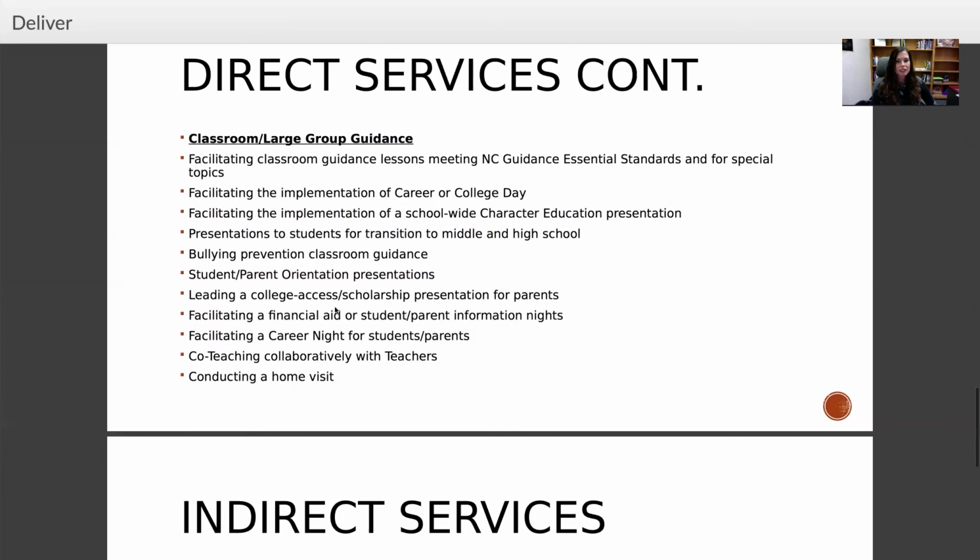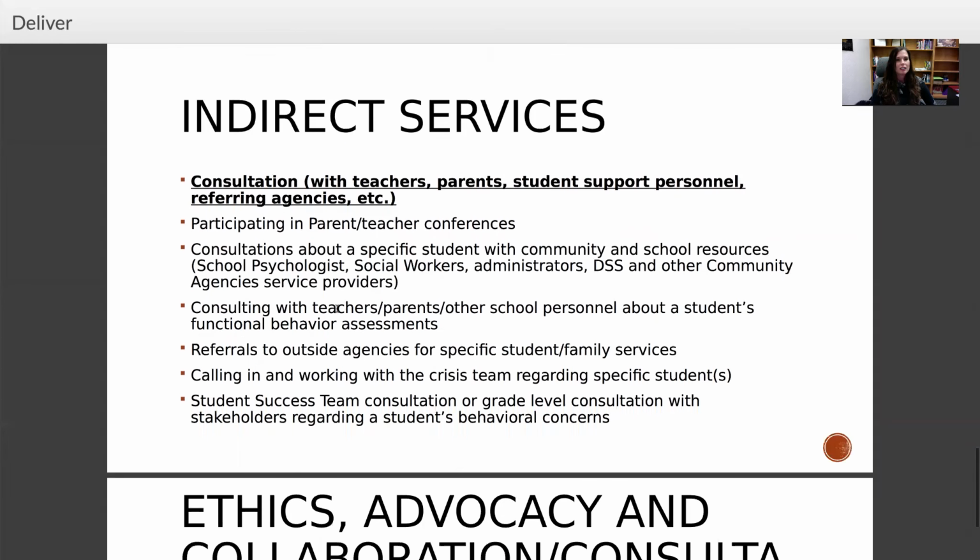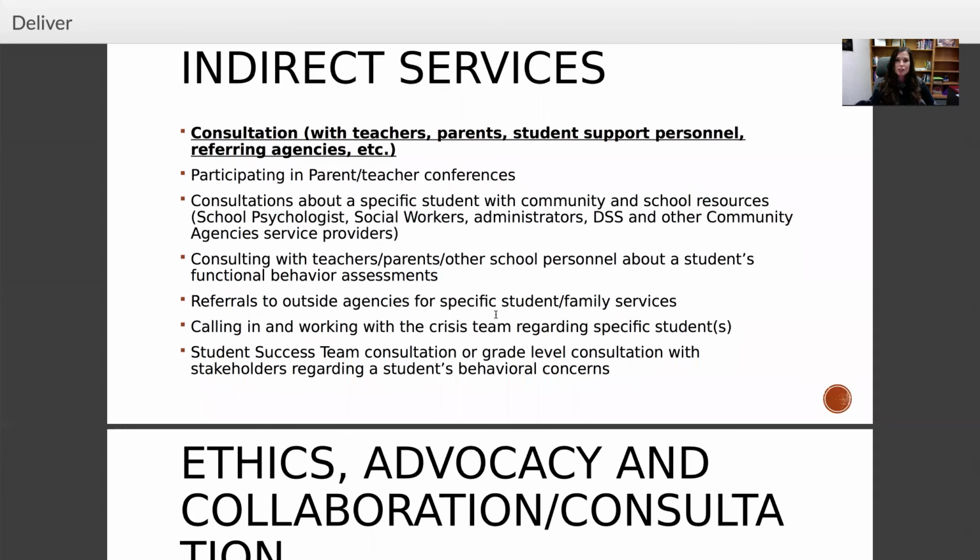And then you have indirect services. So this is where you're consulting with teachers, parents, student support personnel, and referring agencies, etc. Some examples of these might be participating in parent-teacher conferences. You might consult about a specific student with community and school resources, so school psychologists, social workers, administrators, DSS, and other community agency